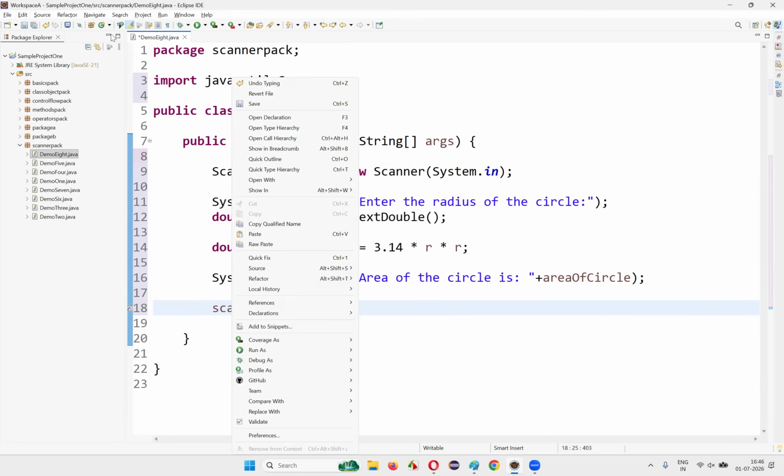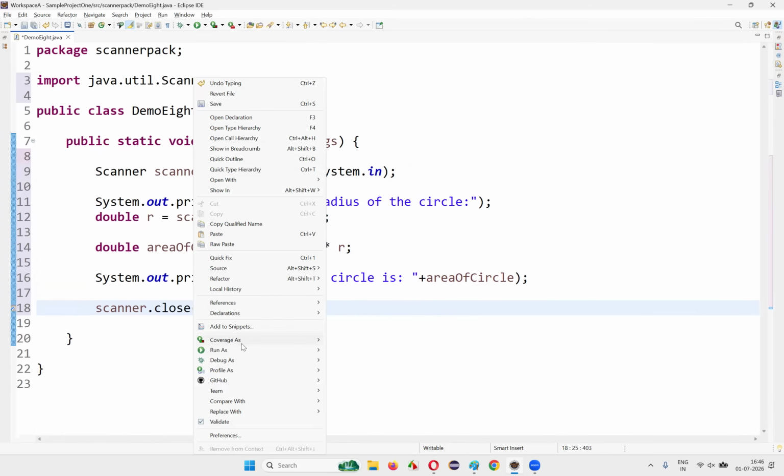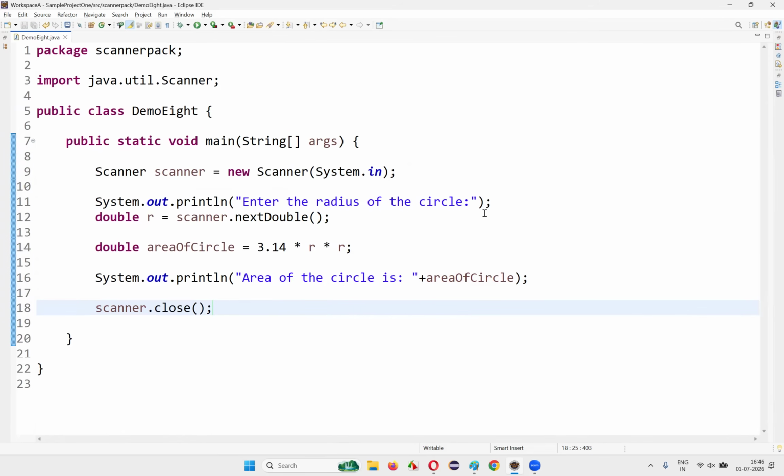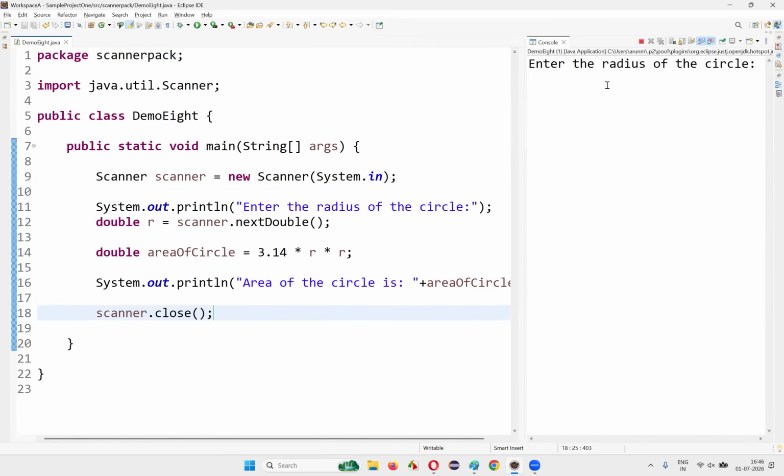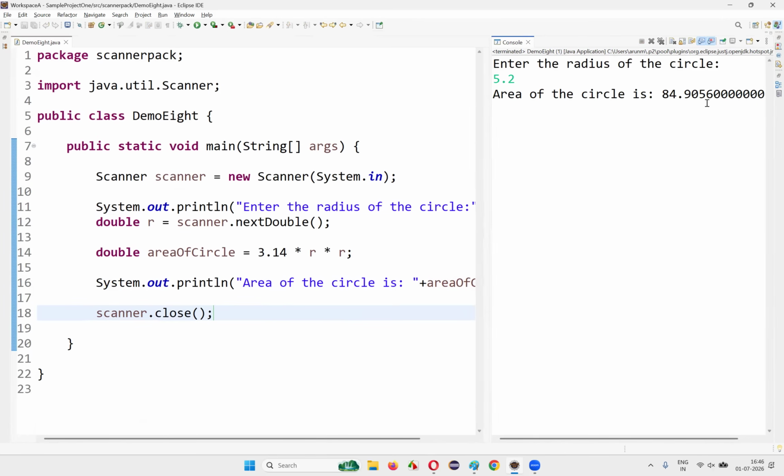I'll just minimize this so that you can have more screen space here. Right click, run as Java application. This program will ask the user to enter the radius. For example, if I enter the radius as 5, or 5.2 otherwise, that's okay, you can give any radius. 5.2 I'm giving as a radius. 5.2 will go into the r. 5.2 into 5.2 into 3.14 will be the result, that is the area of the circle. You see, area of the circle is printed as